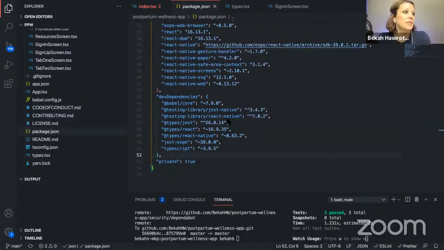Yeah, and so we're using Expo for this, and you can see here too, we have Testing Library. I like Testing Library. I think it makes things a little bit easier. It makes a little bit more sense for me. So I've been using that usually with Cypress when I'm in React land. And so here in React Native land, we are using Jest and Testing Library.